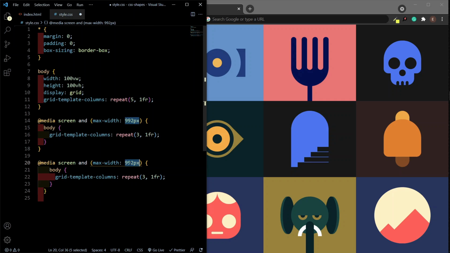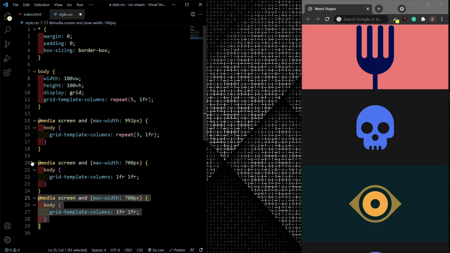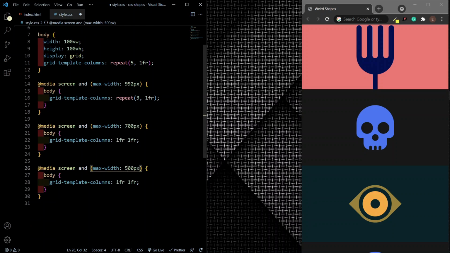The maximum width to 700 pixels. I'm going to make this 1fr 1fr for small tablets. Okay, so 700 pixels is going to be around the size of a small tablet. And then I'm going to set another media query, set the maximum width to 500 pixels, and then